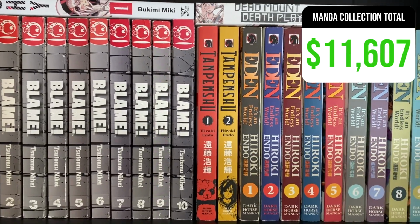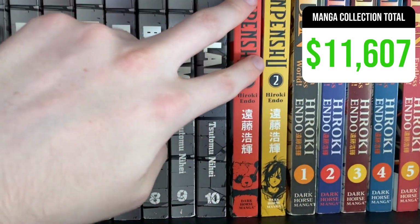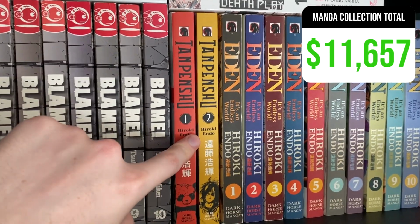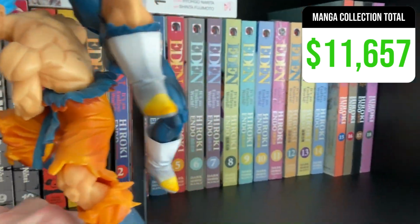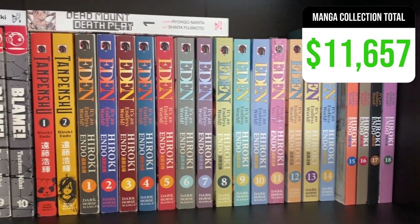Next we have Tan Pen Shu, another very rare set of a couple volumes. Got these for, I want to say, it was 60 for this complete set. I think these go for way more now, so lucky to have these before the price went way up. And the final set in my manga collection to add to the total is my Eden It's an Endless World